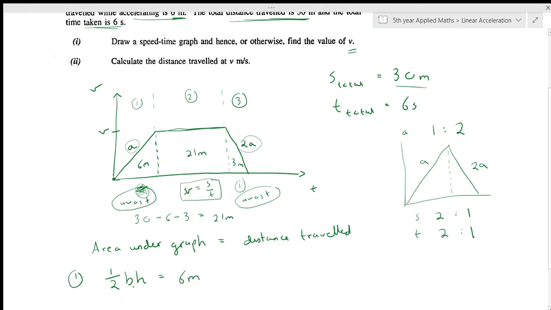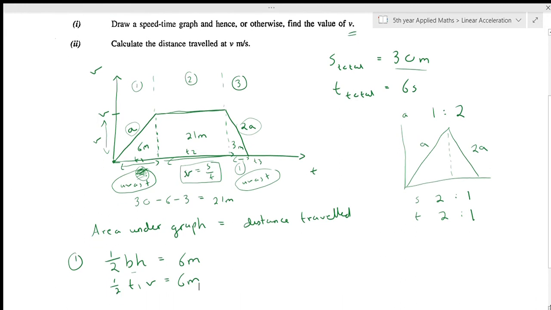Let's fill in these variables in terms of what we know them to be. The height is equal to v, and we could call this time here t1, this time here t2, and this time here t3. So if you write that in terms of the variables, it's a half t1 times v equals 6 meters,